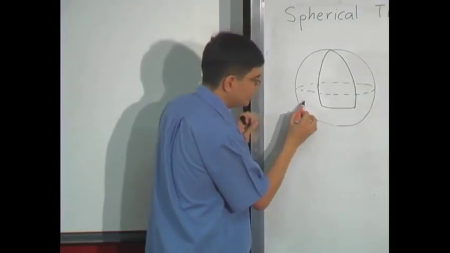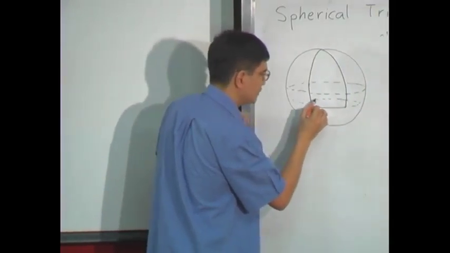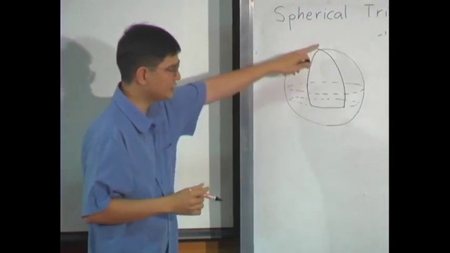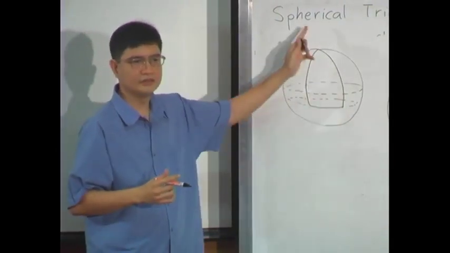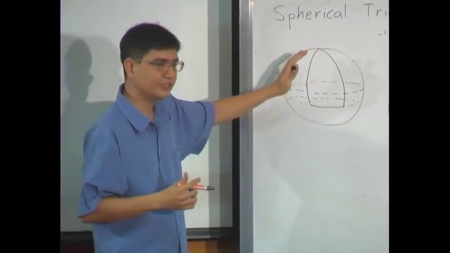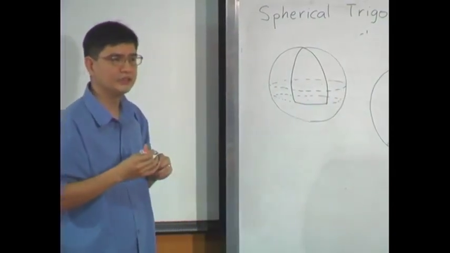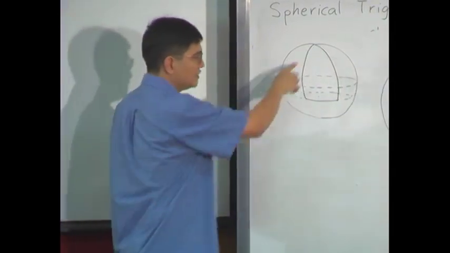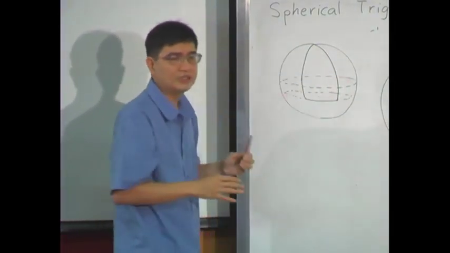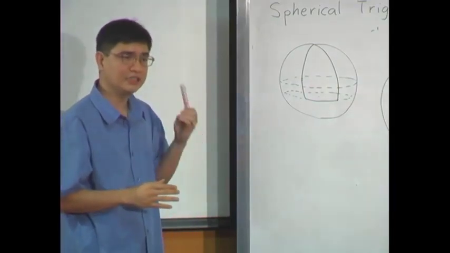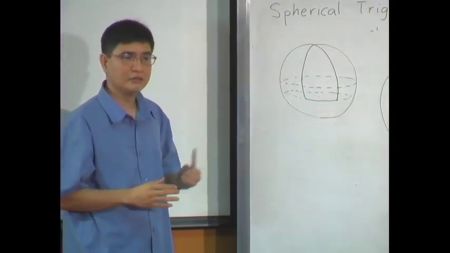If this third line here is somewhere here, would you say that this is a spherical triangle? No. Why would you say that it's not a spherical triangle? It's not bounded by a great circle. Yes, because this circle here, the center is not at the center of the sphere. It's not a great circle. And so this thing here would not be a spherical triangle. It would be a three-sided closed figure, but it would not have